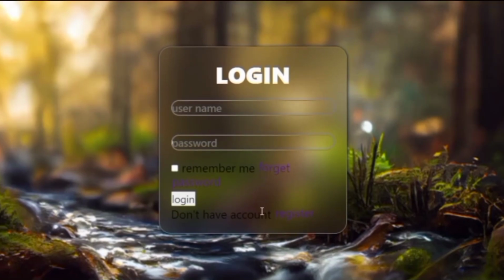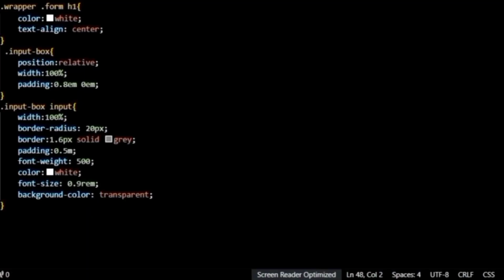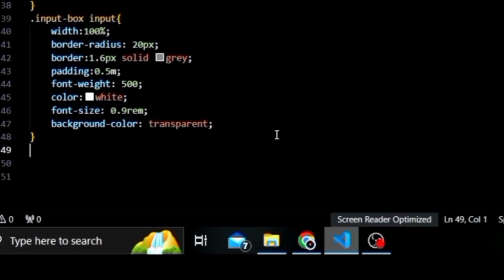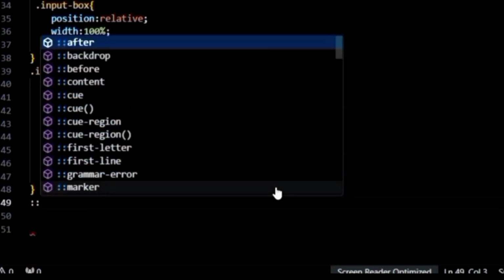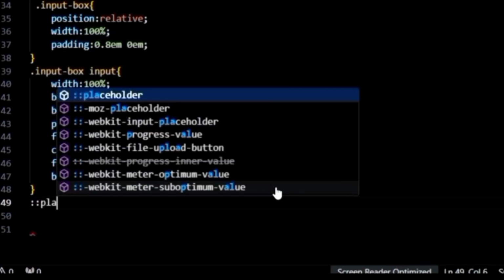Okay, now after having our result, what I'm going to do is target my placeholder, which is my username and my password. They are my placeholders. So the first thing I'm going to do now is target the placeholder. Targeting it is a little bit different than the others. What you're going to do is give two colons first, then write your placeholder,